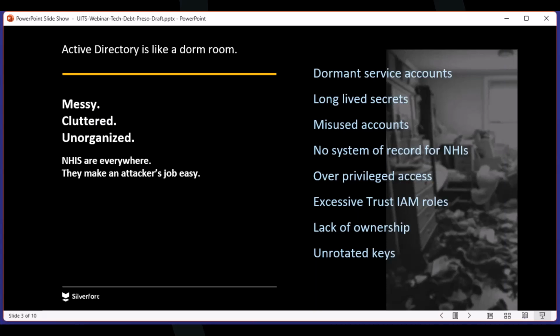Excessive IAM trust roles. This is more related to federation and domain trusts. There are all kinds of different things that happen in those types of environments that are often overlooked and never corrected, right? And it's the same idea. We're going to give broad permissions to things because we don't know exactly what it should have. Broad specifications, like these types of groups should just have this permission to an entire forest and not, you know, just a specific domain. So we see a lot of that when we get into mergers and acquisitions and consolidation of environments, maybe even within your own company, right?